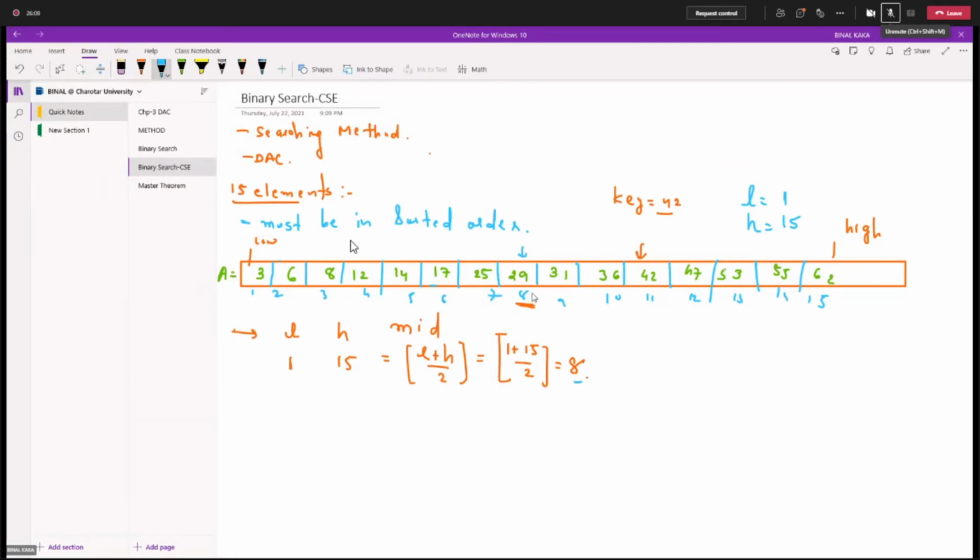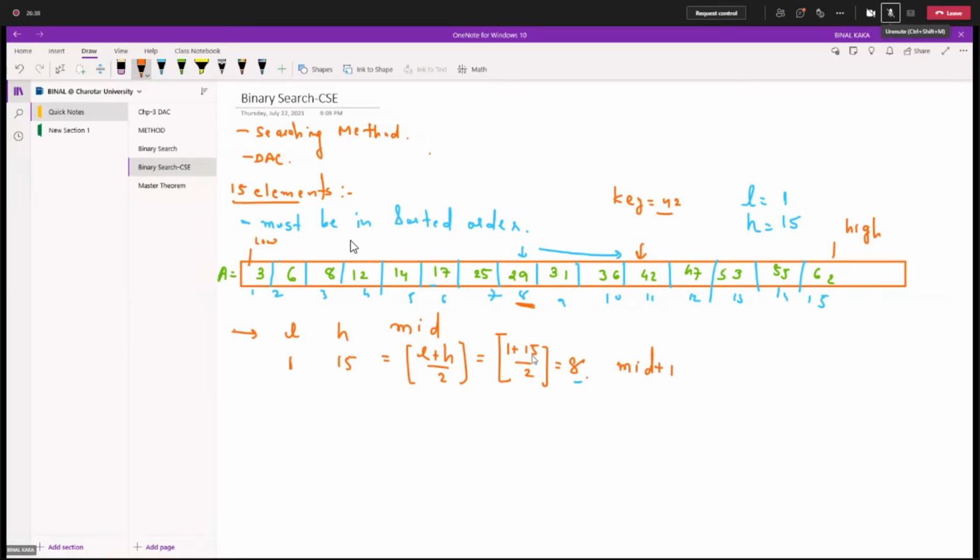Right, so what should we do? We divide into 2 halves and search the second half. This 29 is less than 42, so 42 is on the right hand side. Whenever the key value is greater than the mid value, low becomes mid plus 1.